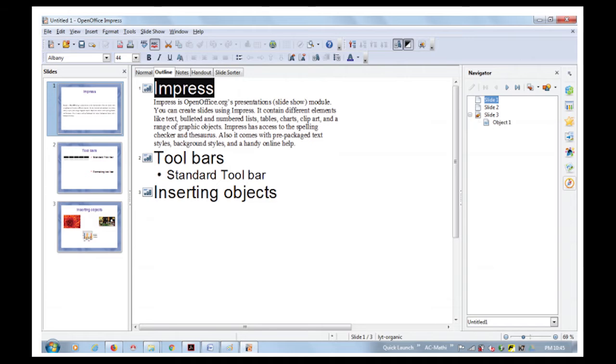After that you can review all slides against your outline in this outline view. If a slide is not in the correct position, say you want it in the first place and it is in the third place, you can move it to its proper place. For that you have to click on the slide icon first.